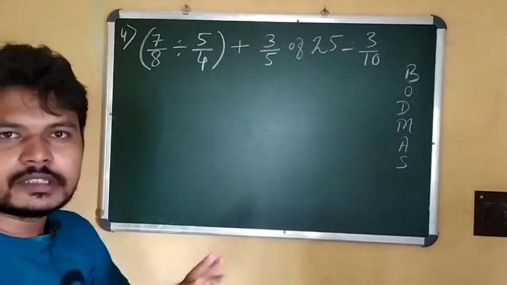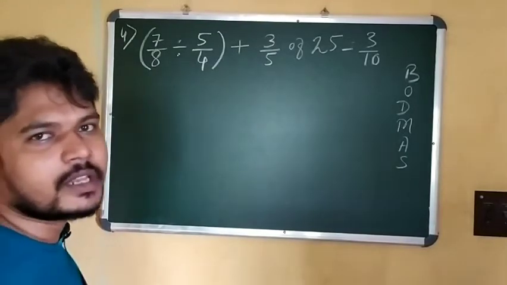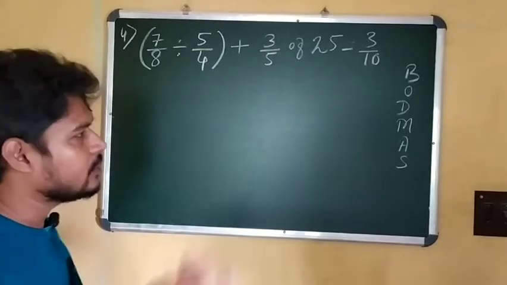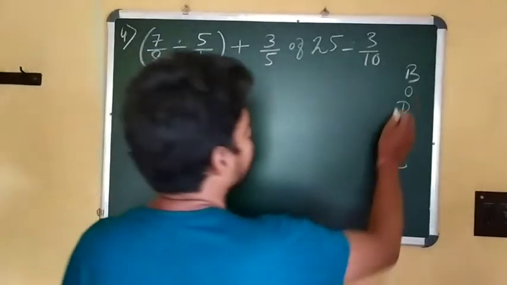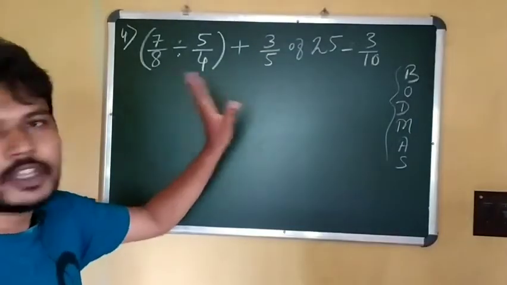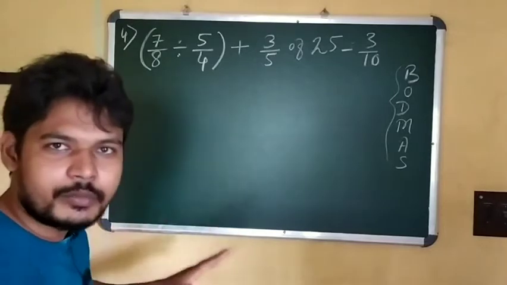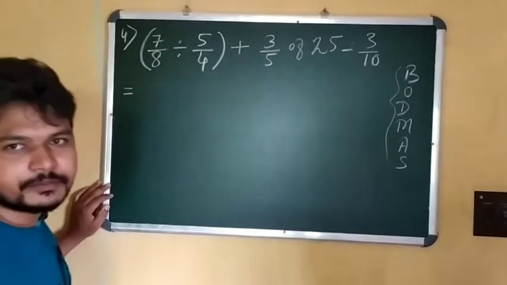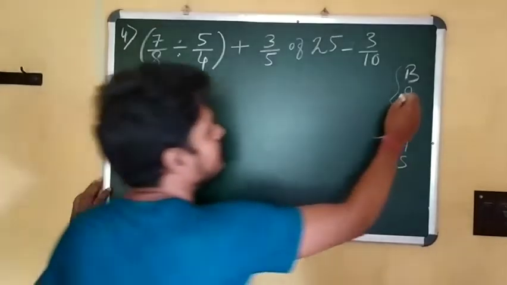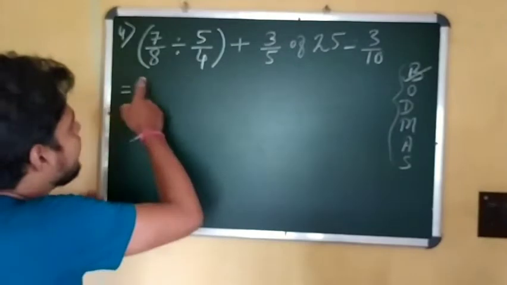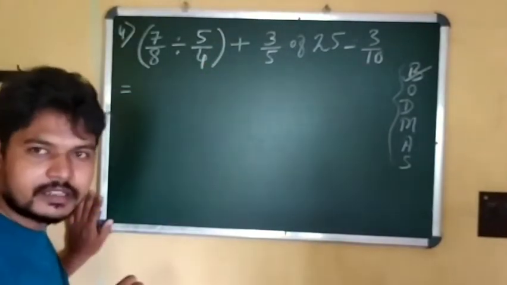Now the question is how to solve this numerical expression. Nothing is difficult. We have to similarly apply the BODMAS rule. Here the BODMAS rule is written. We have to apply this BODMAS rule to solve this numerical expression. Now you follow me stepwise. At first you give the plus sign. So at first what is written? B for bracket. So you just identify if any bracket is there.